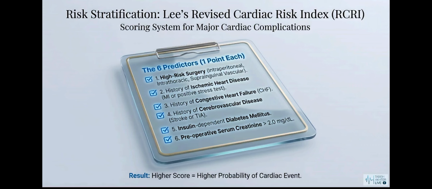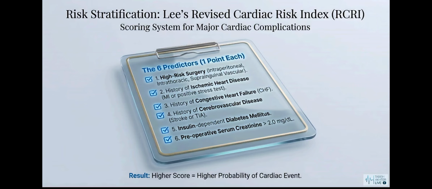So if the patient has undergone high risk surgery, whether abdominal, chest surgery, or vascular surgery, right? So we will give him 1 point for that. And if the person has ischemic heart disease, we will give him +1 for that. And if he is having congestive heart failure, we will give him 1 more point, right? Similarly, for cerebrovascular disease, stroke, transient ischemic attack, or mini stroke,